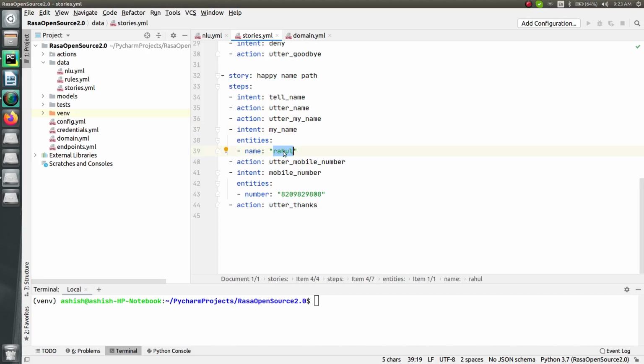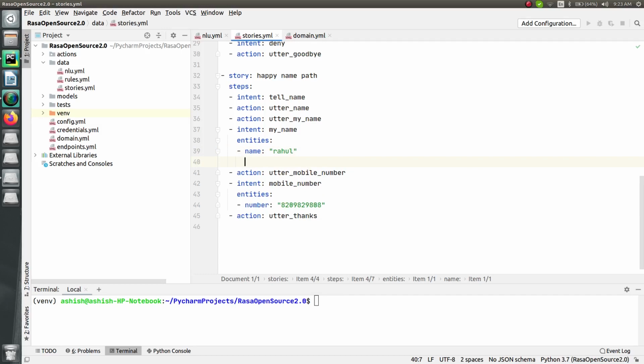We have collected it. Now it's time to store it. For storing it, I have to set how I can store the values into the slots. For that, press enter and come completely out of this, which means you have to write it at the same level as the intent, as a separate step.